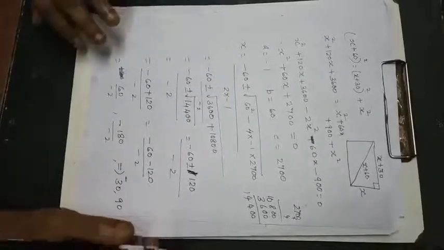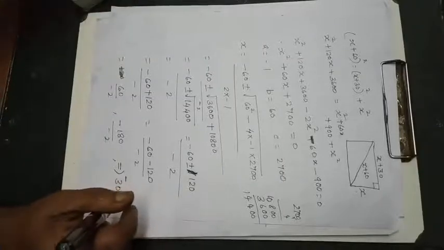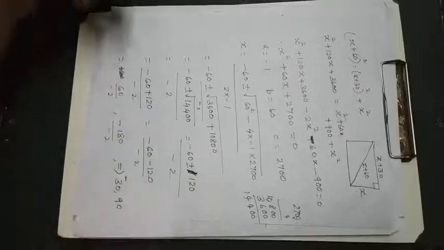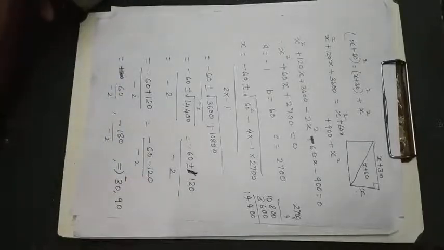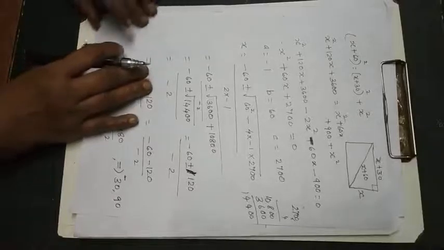So sides will be a positive quantity, so you can take the shortest side x as 90, so the longer side will be 90 plus 30, 120, and the diagonal will be 90 plus 60, that is 150. Now the seventh one.